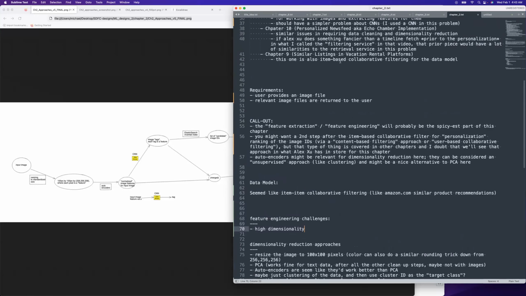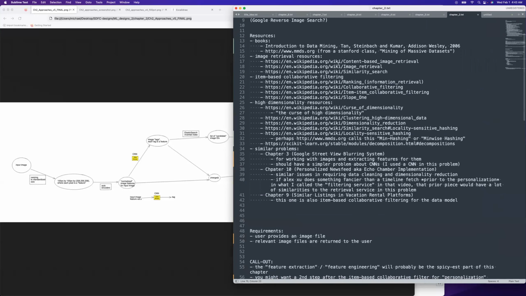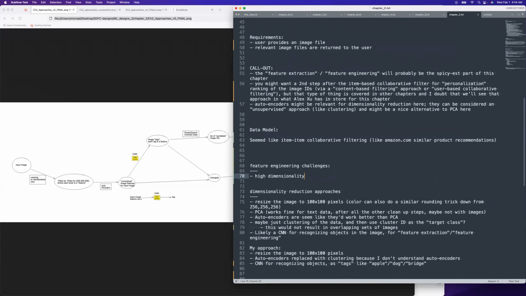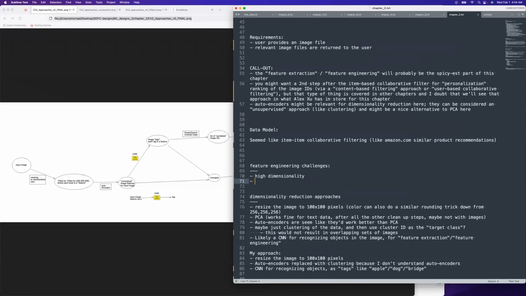Of course, I actually had a whole section on it for the links. It's a really common term in college. My professor called it the curse of high dimensionality. This one just calls it high dimensionality, but it's an issue when you have a lot of dimensions to your data. So high dimensionality, that's from the text too, but then there's also object recognition,